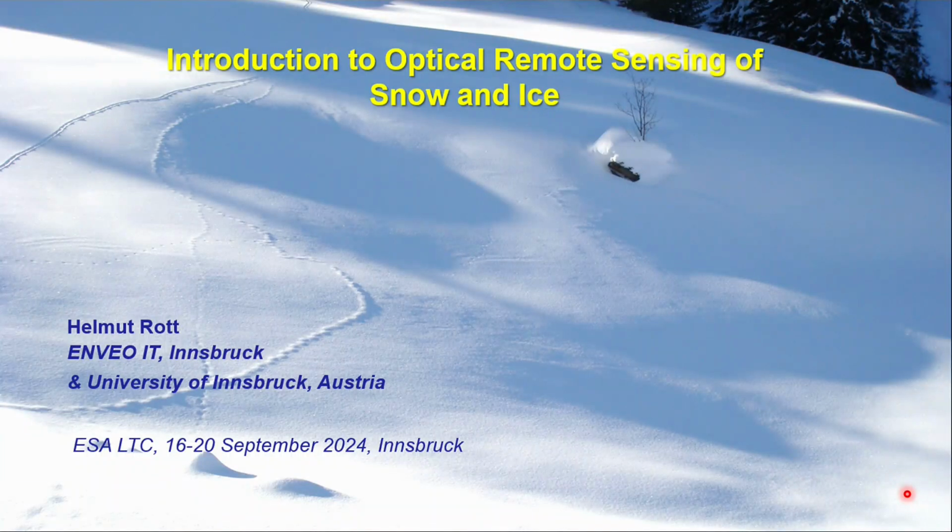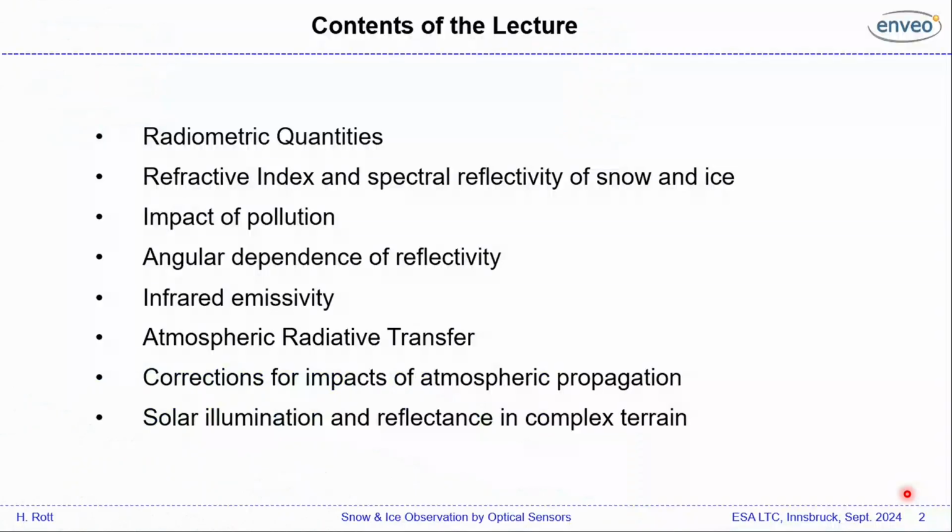I'm talking about optical remote sensing of snow and ice, more or less giving an overview, because there will be other lectures on these products, snow products and snow extent and physical properties. I will rather focus here on radiometric properties, physical background like refractive index and so on, and then also quite